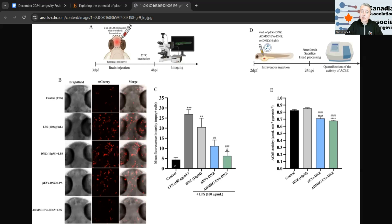So again, black is the control. LPS had a major increase in inflammation, unsurprisingly. Donepezil reduced it slightly, and still to a significant degree. However, the clear winners were the two EVs, especially the fat EVs, which reduced it by the greatest extent. Now on the right here, we have